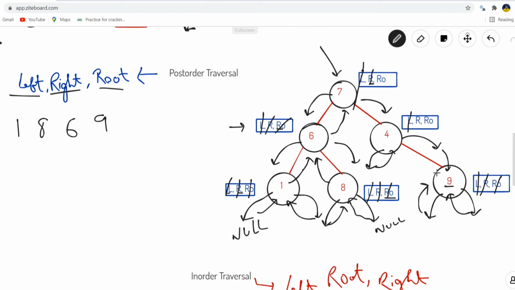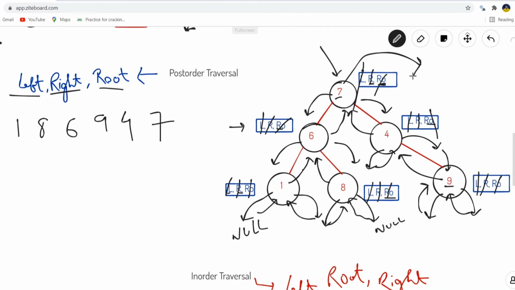Okay. So after completing all these three operations, we will be returning back to the caller of node 9, that is node 4. Okay, so in node having value 4, we have already performed the left operation and right operation. We need to perform the root operation. So we'll be printing the node's value. So we have done with these three operations. We need to return back to the caller of node 4, that is node having value 7, and in that node the only operation left is the root one. So we'll be printing the node's value, and finally we will be returning back to the main function.